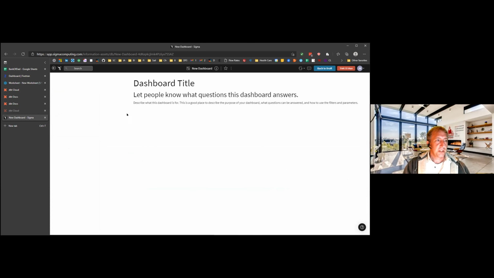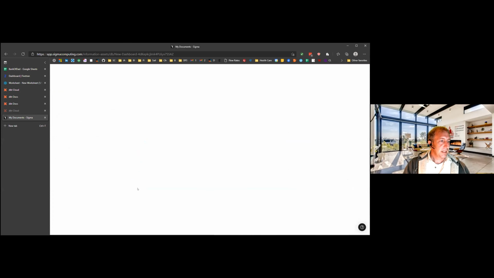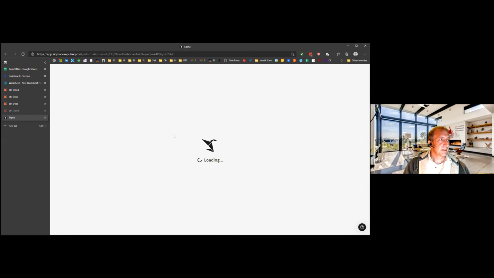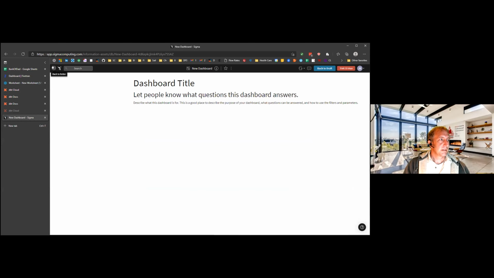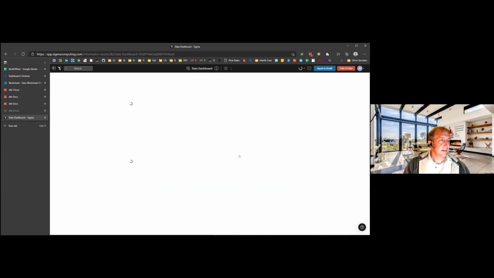Let's see, why is this one showing all blanks for me? So this is the dashboard symbol. I swear this one had stuff in it. I want to know why it's showing empty stuff now. Weird. All right, well, I do have this other dashboard that I had made, or maybe I just could make a new one.